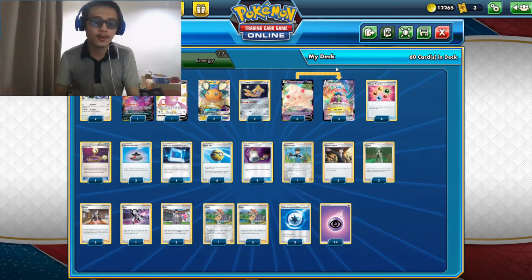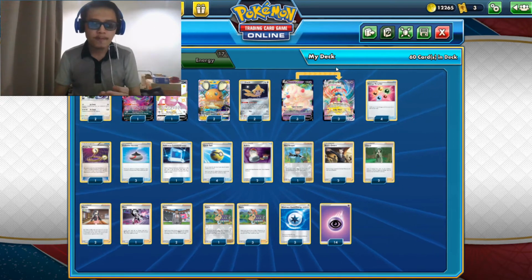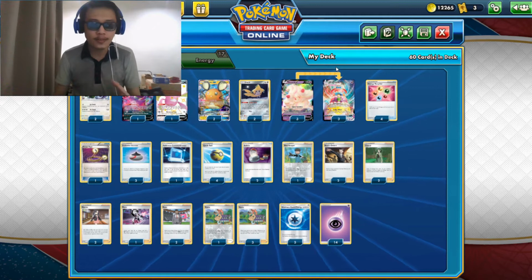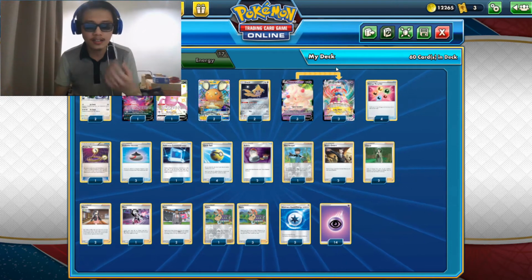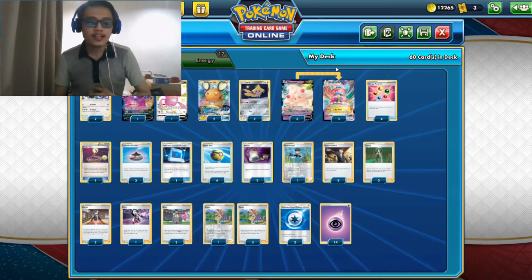If it's in your active spot, you get to draw until you have 4, but that's not a lot. It's only up to 4. So Kricketune is actually quite difficult if you don't have a Galarian Meowth. If you play a Galarian Meowth, then you actually get to discard your hand, discard those unimportant cards, and draw more cards that you need into your hand. So Galarian Meowth